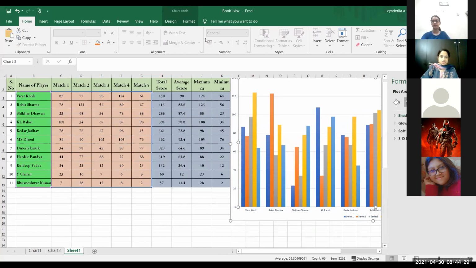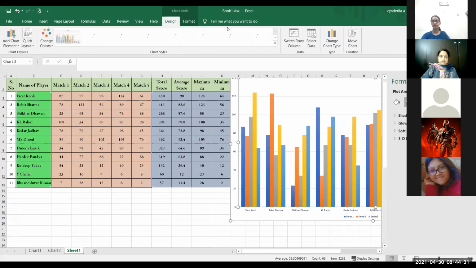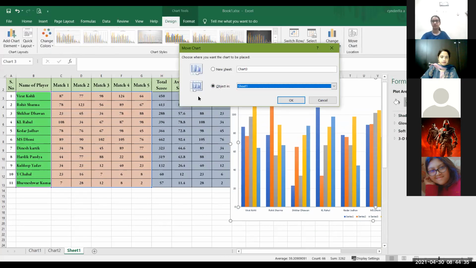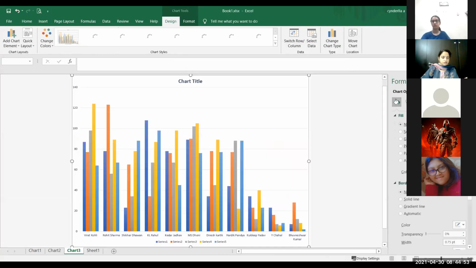Click on the chart, go to the design tab, last option, move chart. Here it asks whether you want to move the chart to a new sheet as a chart, or as an object in another sheet, sheet 1, sheet 2. I'm clicking on new sheet, so it will create a new sheet with only the chart. A new sheet has been created which has only the chart.